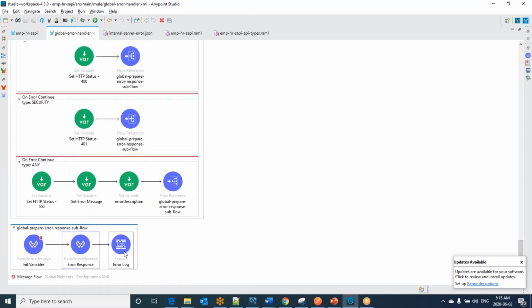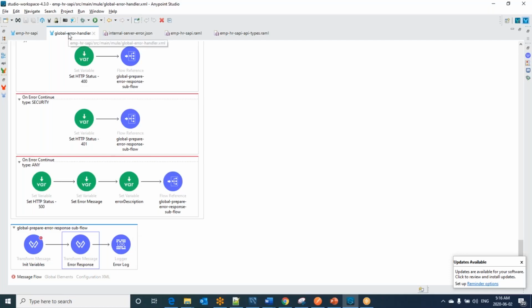And also we can still extend this. Here we can check a flag: is send email required from the property file? If it is true, yes, you can send an email. You can implement the email sending logic here. In a similar way, if you would like to raise a ServiceNow ticket, you can read the flag from the property file. If the flag is mentioned as yes, then you can call the Snow REST service by sending the necessary details, and you can raise a ticket. This way we can develop a utility global error handler in real time.